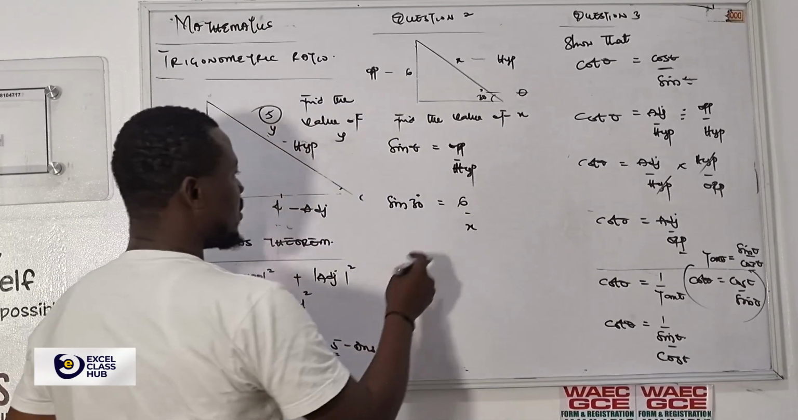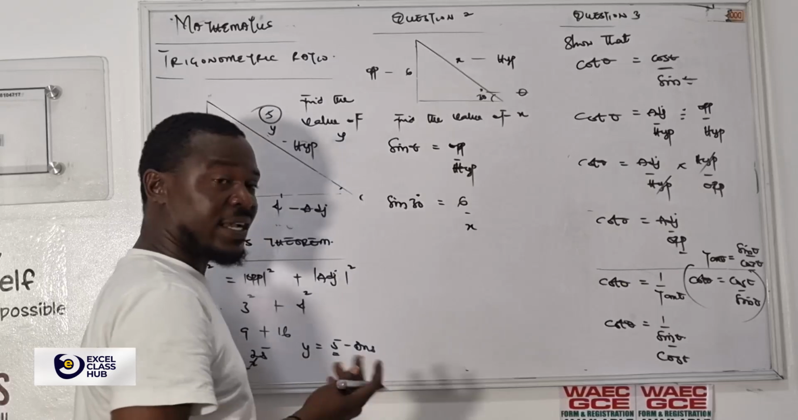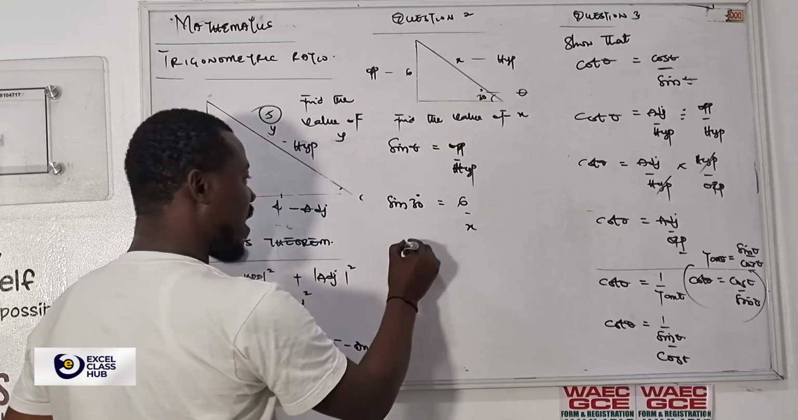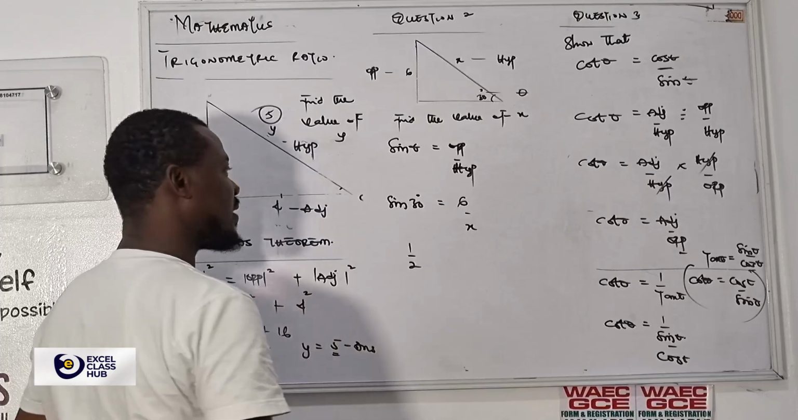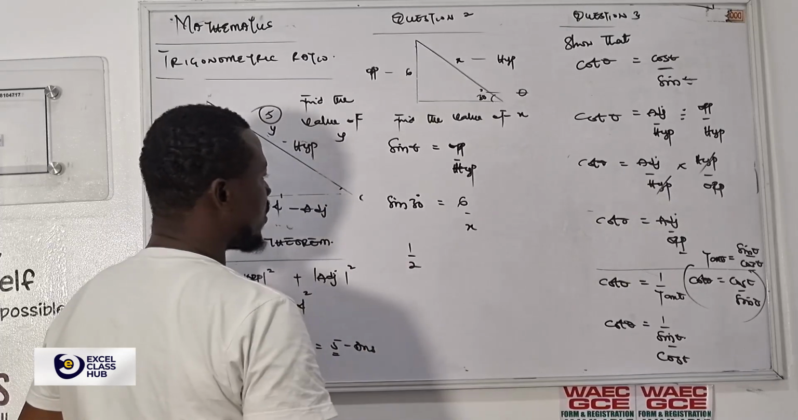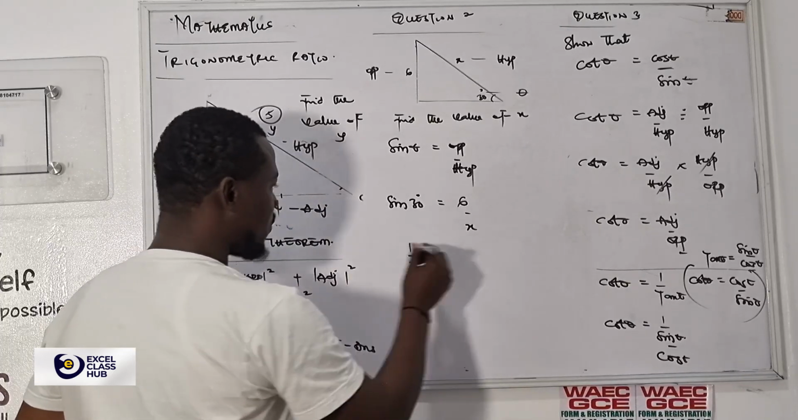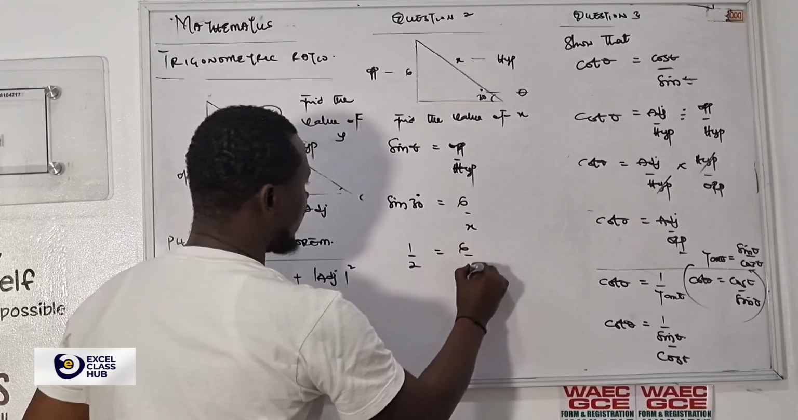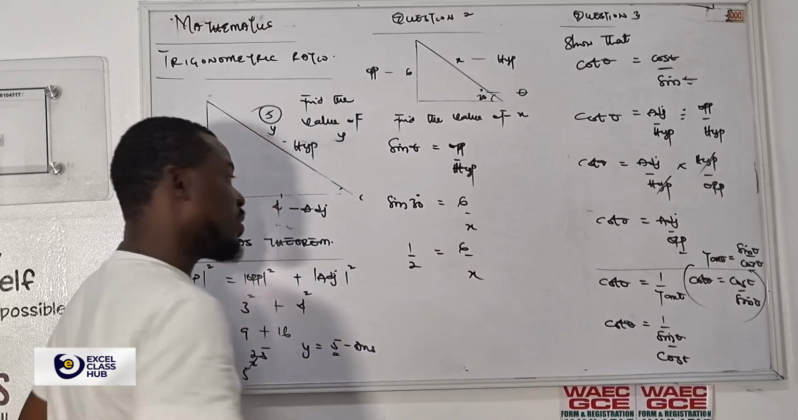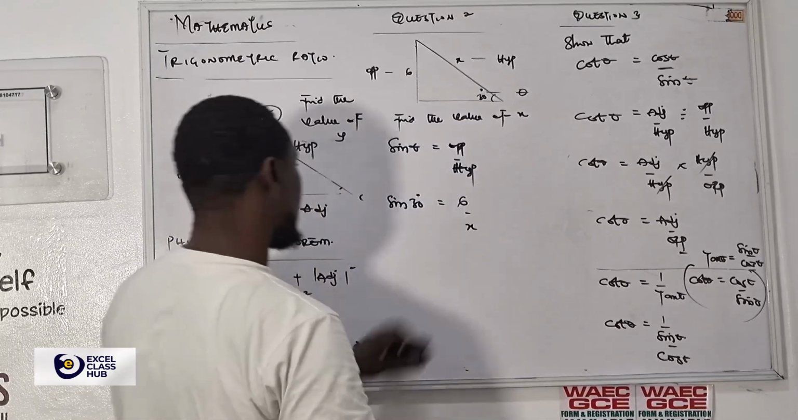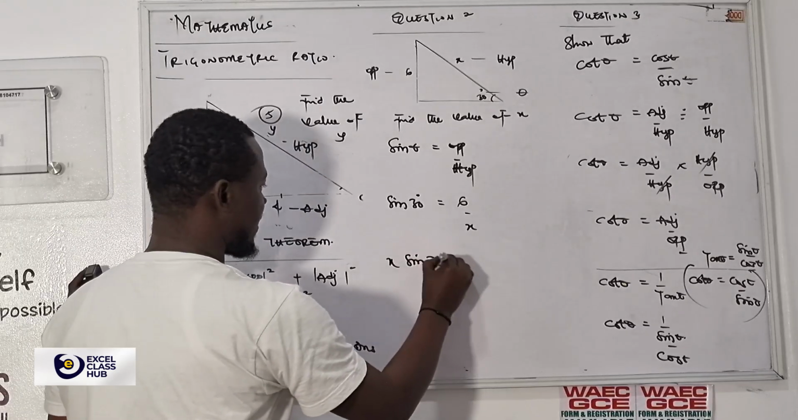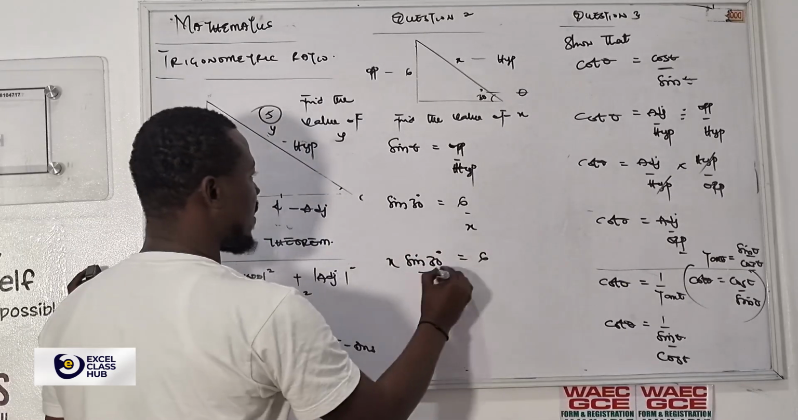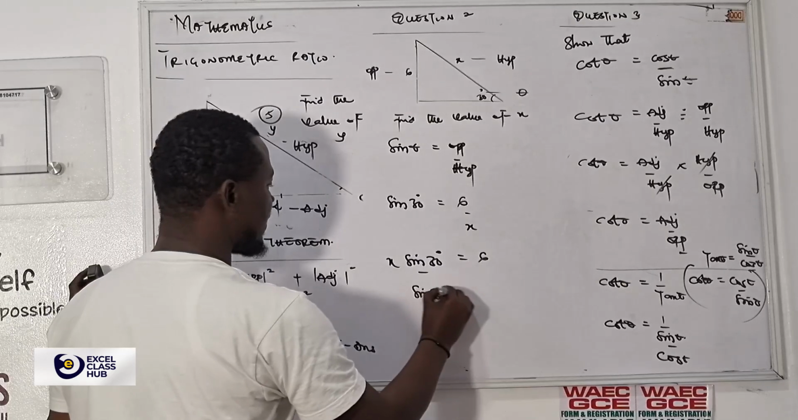So in a nutshell, sine 30 gives you 0.5, or gives you 1 over 2, which is the value for sine 30. 1 over 2 equals 6 over x. Are you with me? Or if you don't want to do it that way, you can cross multiply. That should be x sine 30 equals 6. And you divide both sides by